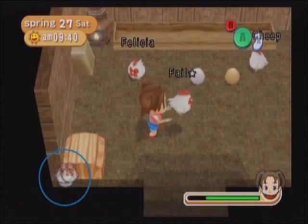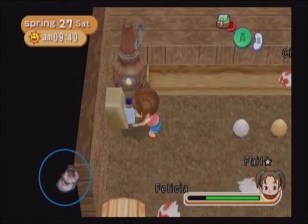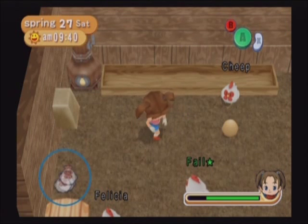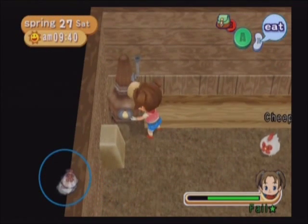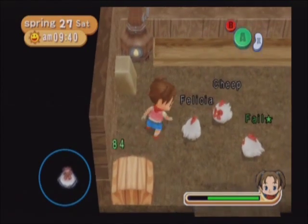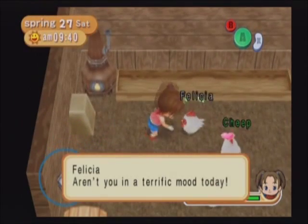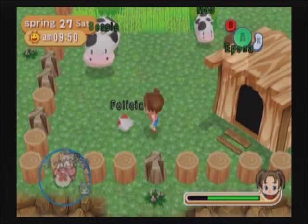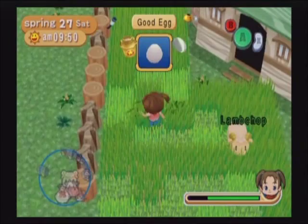Been trying to pay special attention to Failstar so that when the chicken festival comes up, hopefully he'll be able to enter. But it is really difficult to get a chicken's heart level up. Much more difficult than regular animals at the very least, as I have mentioned before, but I also like to let them go outside on nice days, although it is nice to get a heart from them when you hand feed them. So of course doing the usual animal upkeep, brushing them, milking them, feeding them,